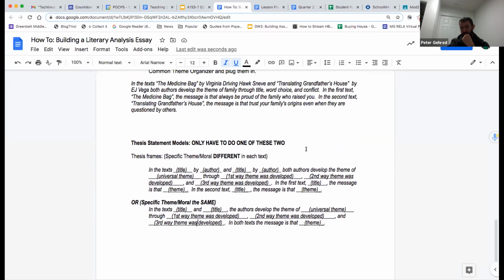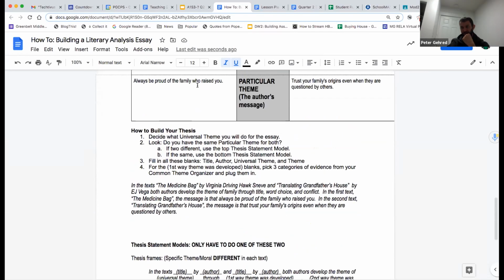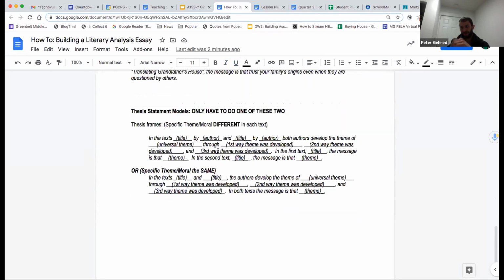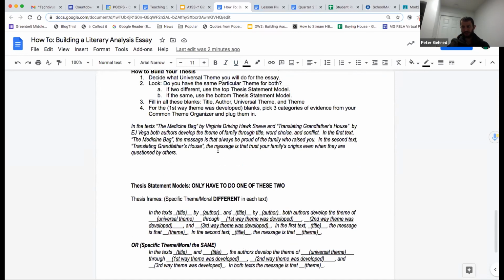And let's say we wanted it to be the same. We both wanted to always be proud of the family who raised you. Then you would be doing one that's the same. You'd use this slightly simplified model. Again, any questions, post them on the thread for this, and I will take a look, especially